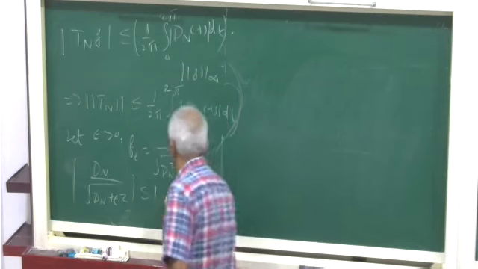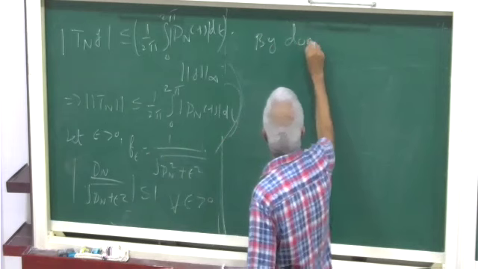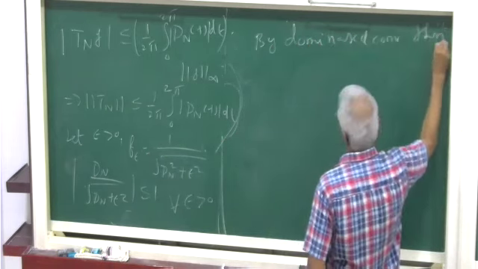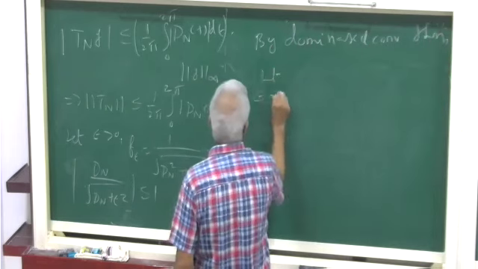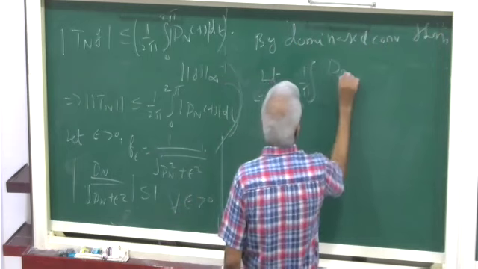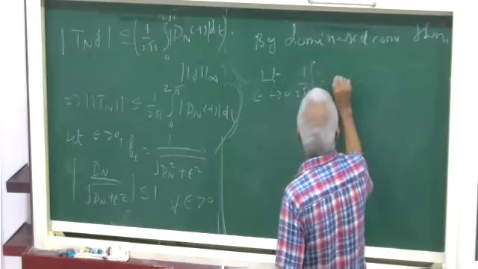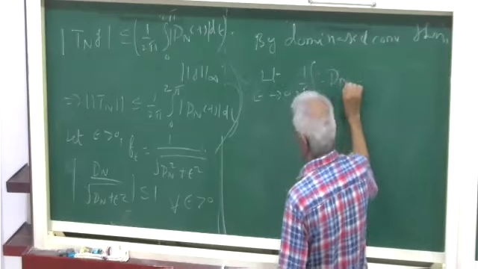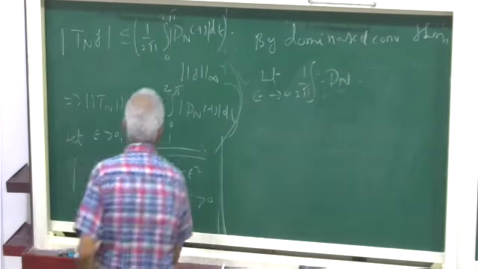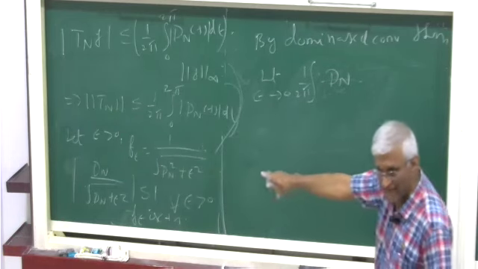Converge. And Tn takes the same value at 0 and pi, 2 pi. So it satisfies